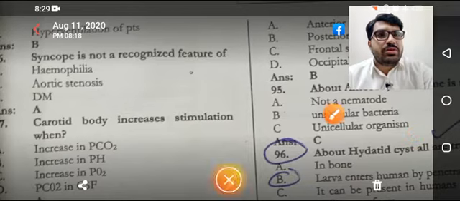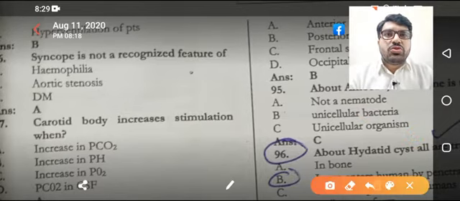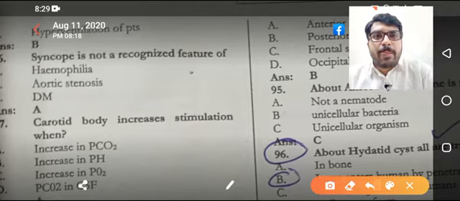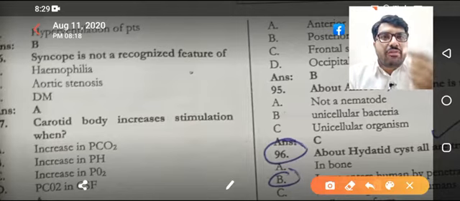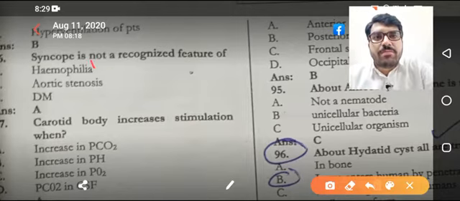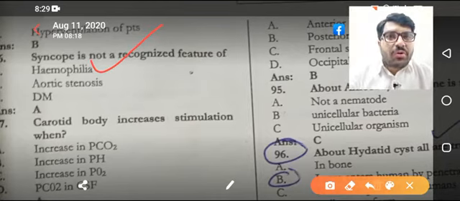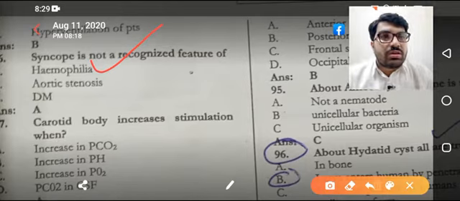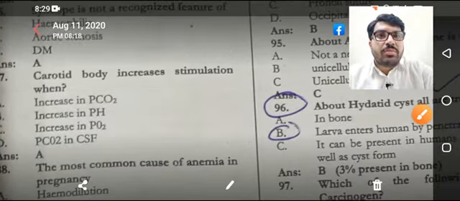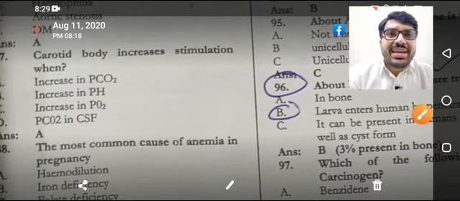So the purpose is solely that. Coming toward the discussion, syncope is not a recognized feature of A, B and C, so you have to look for all options. Hemophilia, aortic stenosis can cause syncope. Diabetes mellitus, hypoglycemia can cause syncope. So carotid body, coming next,